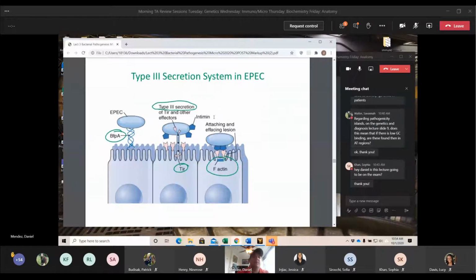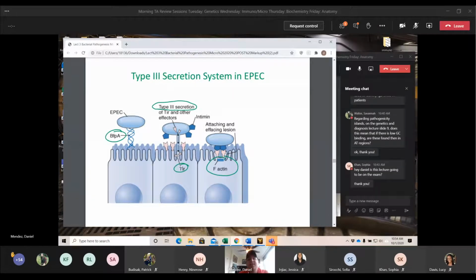So here it is. Here's the actual type 3 secretion system. Remember, it is contact dependent. So we have our E. coli here, our EPEC. It binds with adhesion factors onto the host cell. This would be an intestinal cell right here, because you can see it's got the little villi. So that host cell binds with the EPEC. Once that happens, then we create our injection pili. This is where the E. coli can actually send effectors from itself into the host cell.